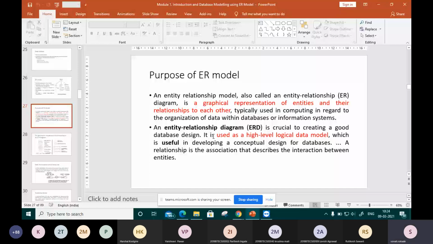So in that situation, when we do not check anything, we can end up producing a database system that does not meet the requirements of the user. So it is the false diagram of our entity relationship, if it is not going to fulfill all the requirements of users or end users.